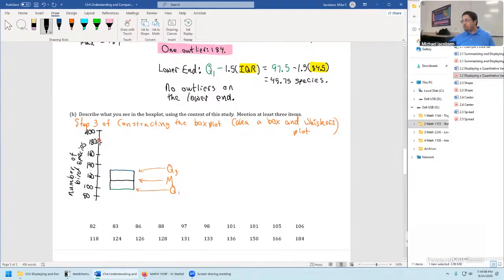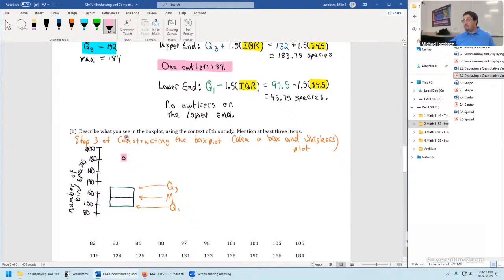This is 190, so 184 is going to be about there. And I'll go with an open circle to match the graphics on the next problem. You might go with a solid dot like this. Either way, it'd be conveying the same information. But that's where our outlier is going to live. And if we had multiple outliers, we would plot them as well. Not exactly like the dot plot. If I had a bunch of outliers right around 184, well, we'll just do the best we can by putting in more circles around there. We don't necessarily stack them like in the dot plot. But now we have an outlier put in.